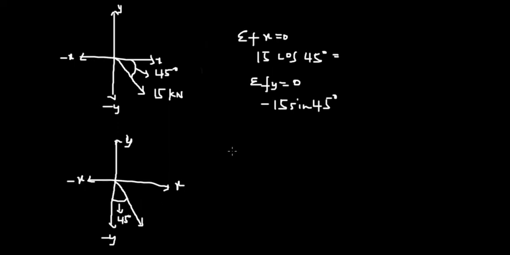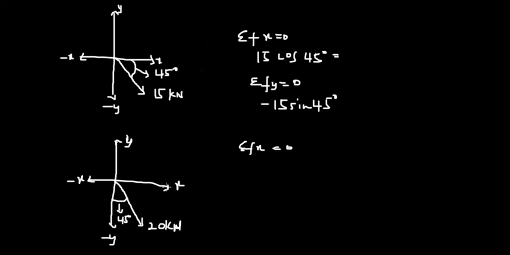So now let's take the force along the x and y-axis. Let's say this force is 20 kilonewtons. Now since this angle is in between the y-axis and the force, it means that